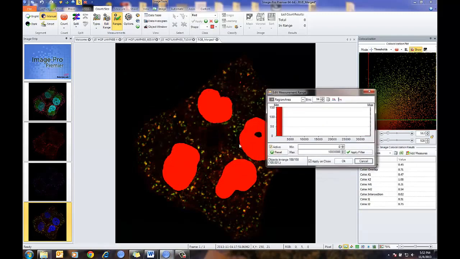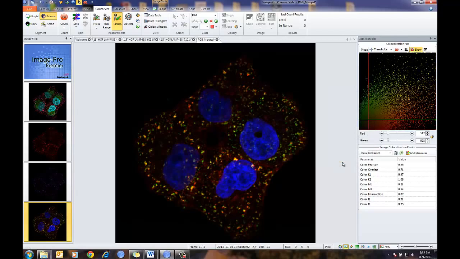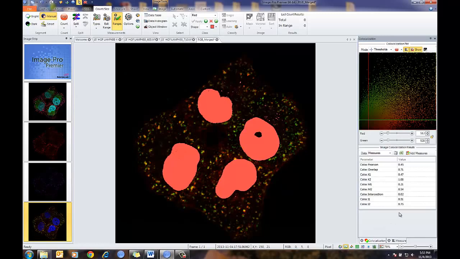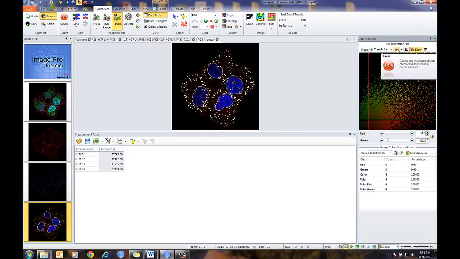You can see I've selected a whole series of small areas. So what I want to do is filter out all the small. And now I'm left with my 4 nuclei. I'm going to apply on close. Now it's important to note here, I'm just going to go back and just check that. That's good. Back to my colocalization. At this point, I can now count. And so now I have my 4 nuclei showing all my colocalized areas based upon my intensity thresholds per channel,